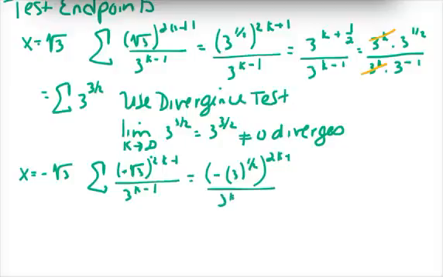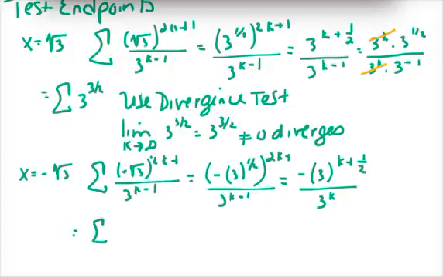You're going to use all the knowledge that you've accumulated from Chapter 8, which is pretty vast, and apply it to these endpoints. So that's where you're going to be getting creative. Okay, so this is the same sort of thing, except you end up with negative 3^(3/2). And again, this diverges